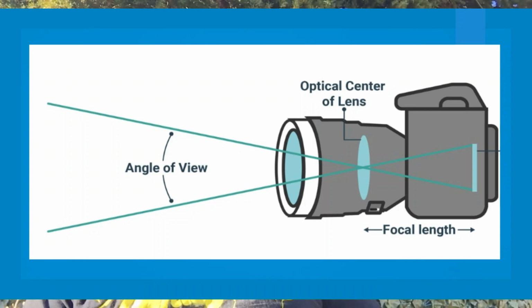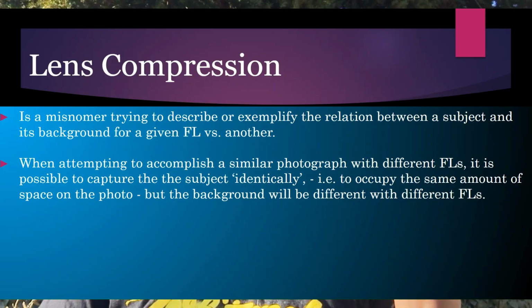We talk a lot about lens compression, and there is no such thing as lens compression. So the first thing you should do before you even learn this term is forget it. But what photographers refer to is how a lens renders or recreates the background. So in other words, let's take an example that you want to take a photograph. A simple example would be